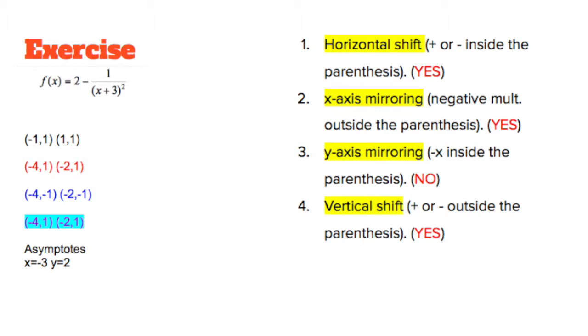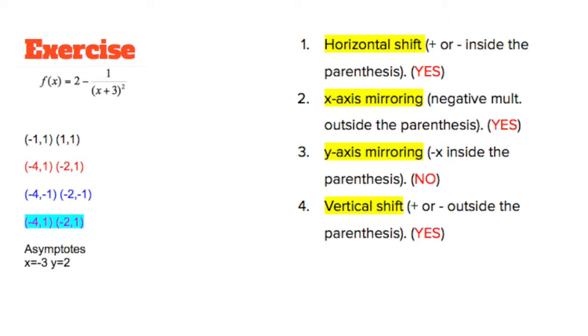First, we have to see if the function has an addition or a subtraction inside the parentheses. And well, yes, that's the case. Now we have to check if there is a negative x inside the parentheses. And well, in this case there isn't, so we put no in that y-axis mirroring. Now we have to check if there is any subtraction or addition outside the parentheses. And well, yes,